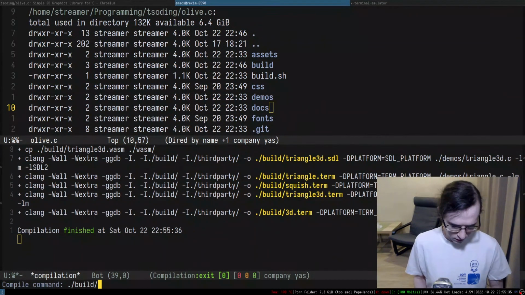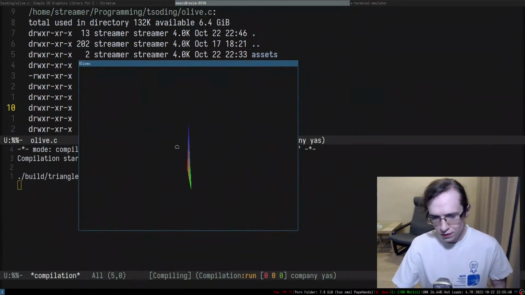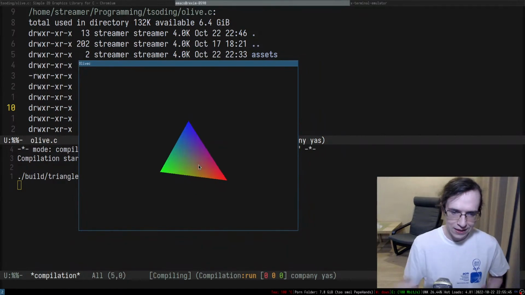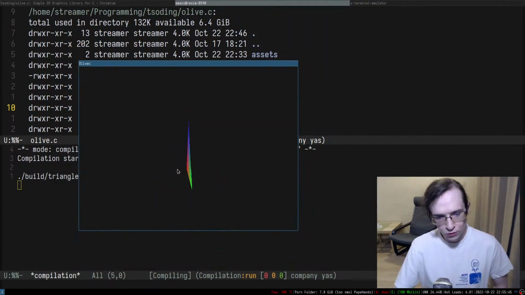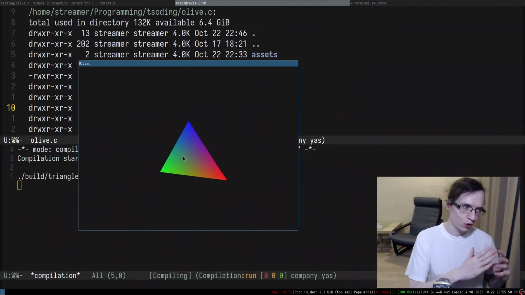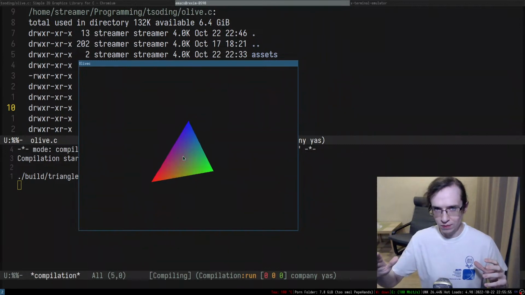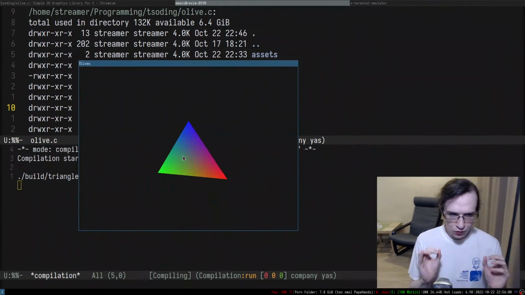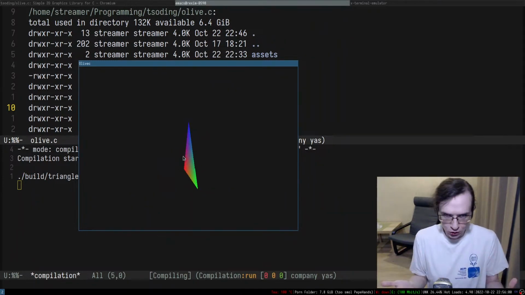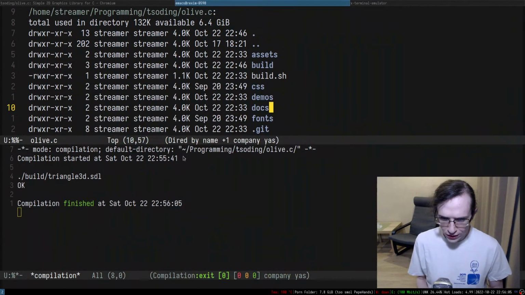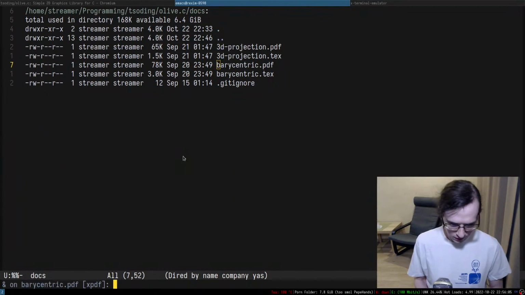Okay, and if I do triangle 3D, there we go. As you can see, you have a color associated with each vertex, and as you go towards another vertex, one color interpolates into another one, right? And this is achieved through triangular interpolation, right? Essentially, we already have a document which explains that,